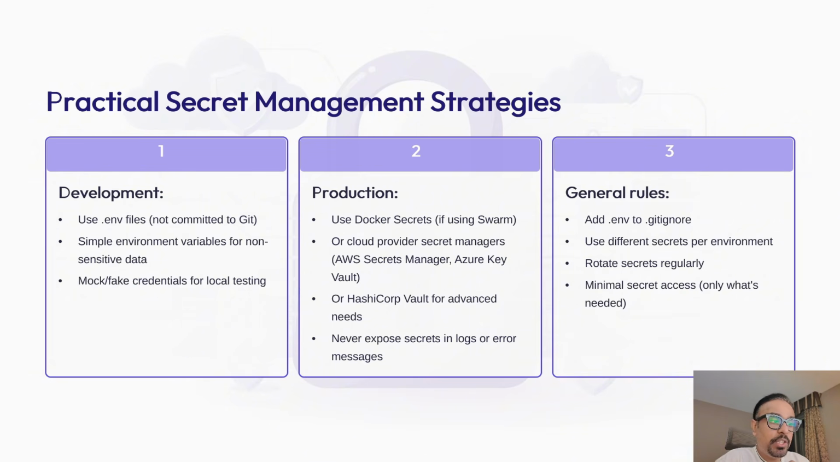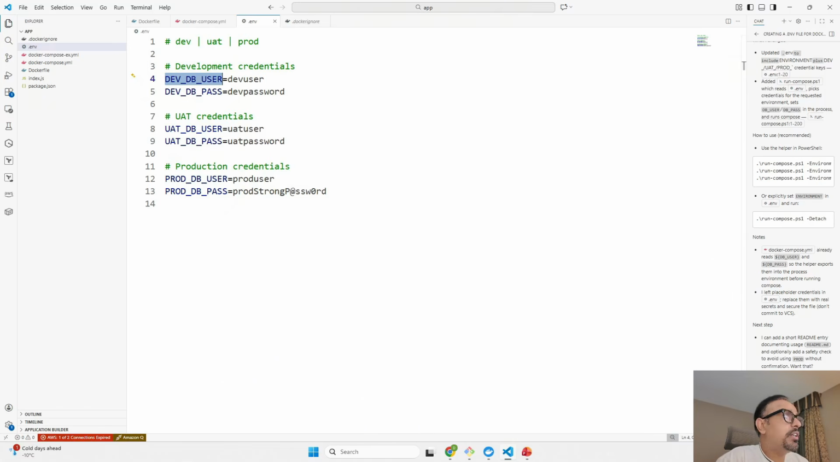Regardless of the system, follow these general rules that might help you. So always add .env to your .gitignore and use completely different secrets for each environment, so a compromised dev secret doesn't affect your production. What I mean by that, so if you see, my dev, UAT, and production secrets are